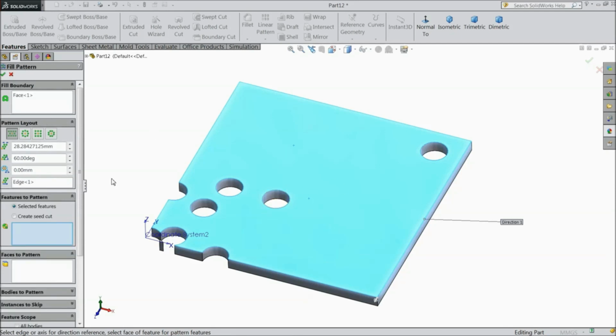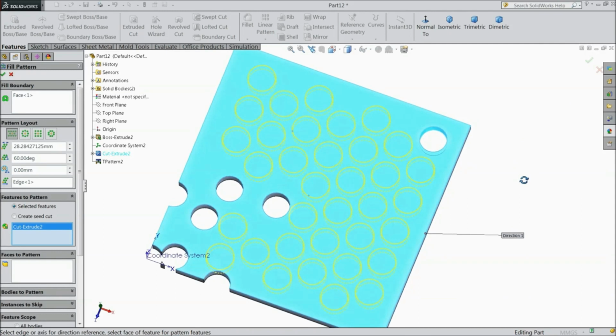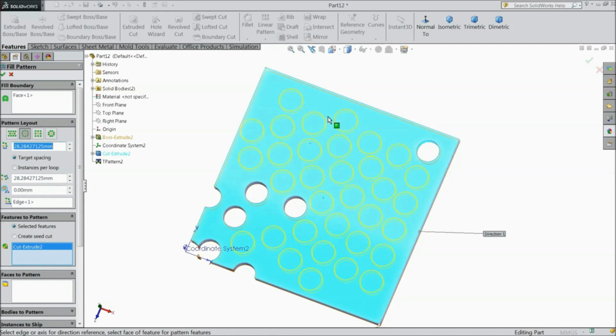Now we selected this. Now select your feature to pattern. Select your pattern. So just drag down, select this cutout. See, we selected our cutout, and we selected the perforation layout. Now select circular. See, it's changing its position. Rectangle, see,